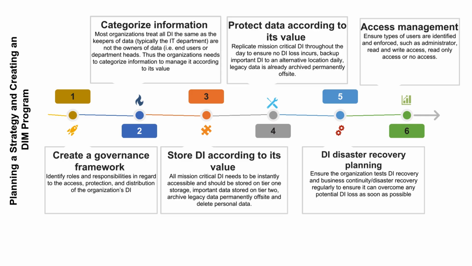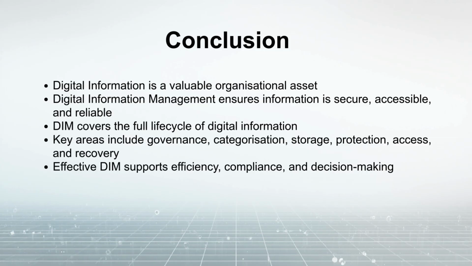efficiently, and responsibly. In conclusion, this chapter has introduced the concepts and importance of digital information management in the digital age. We explored what digital information is, why it must be managed properly, and how digital information management supports security, accessibility, efficiency, and compliance. We also examined the digital information management lifecycle, key areas, and real-world examples across different sectors. In addition, we discussed how organizations can plan a digital information management program by following 6 key steps: creating a governance framework, categorizing information, storing and protecting data according to its value, managing access, and preparing for digital information disaster